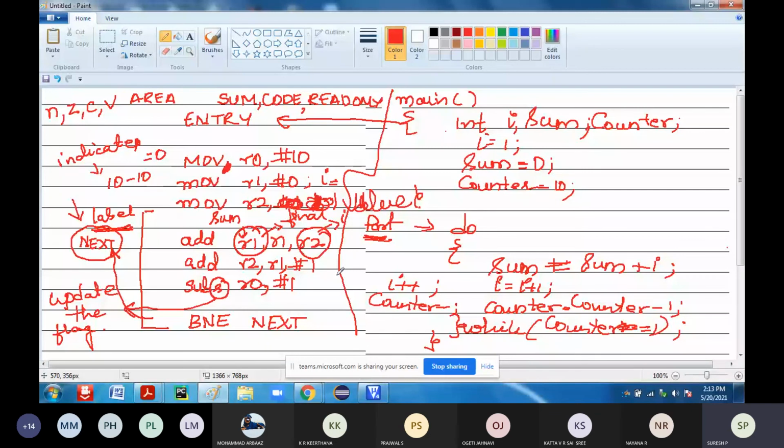So just go through it once. Tomorrow again, I will explain the same concept in the morning, in detail, how the code flow is going to work. Because I have to explain the branch instructions also, the time is not sufficient now to explain that part. So just go through it once at home. If you find any doubts there, come back and we will discuss tomorrow morning.